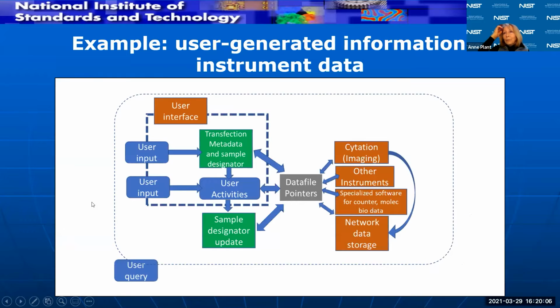And so, when I thought about, well, what are we really trying to do here? We could draw another schematic that looks a little simpler, which is dependent on a user interface. So the user is going to have input. This is the biological experimentalist who is going to be making these materials, performing these transfections on these cells, growing these cells up and doing various other activities with them. And what is that going to involve? So, we realize that we need some sort of sample designator and maybe a way of updating that designator as different activities happen.